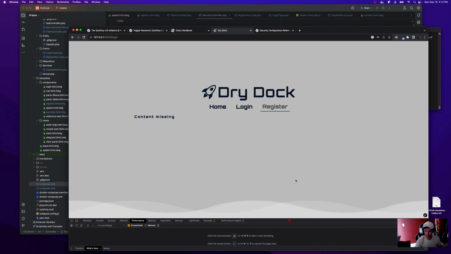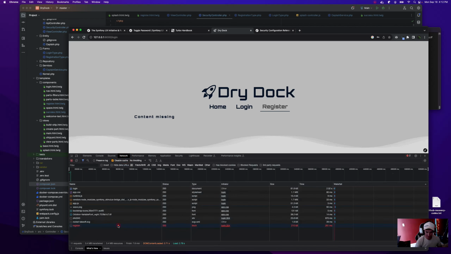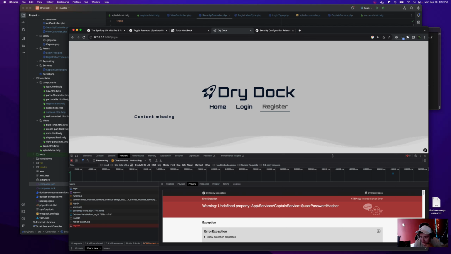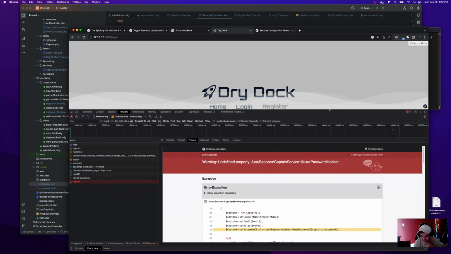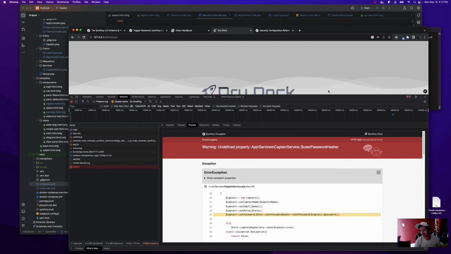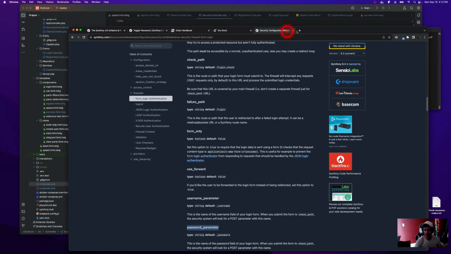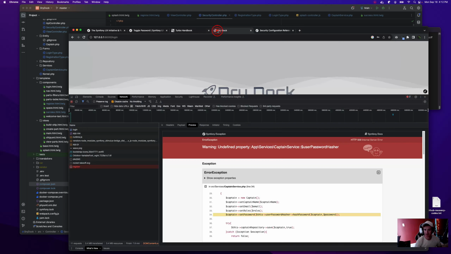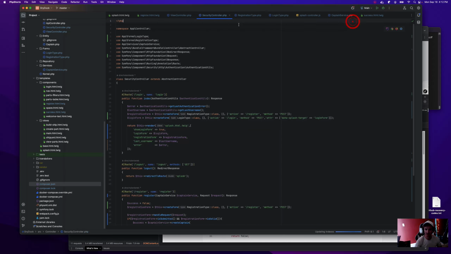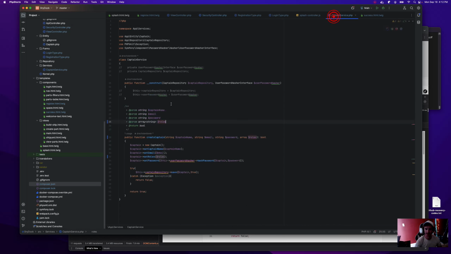Okay, let's see, we got an issue. User password hasher. Oh, I knew it. Okay, service container stuff is not working here. We're going to have to add it in the constructor, which is fine. It's just annoying.